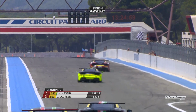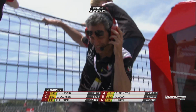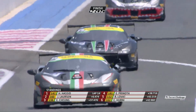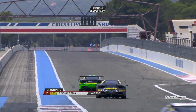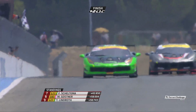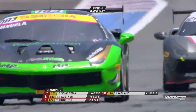then it should be Rick Lovett to take P5. Sure enough, he's going to be chased across the line by Christoph Herney for P6. And P7 will go the way of von Skeltermar then. It should be Manuela Gostner ahead of Tommy Lindroth to take P8. Yes, sure enough, Manuela is able to fend off the advances of Tommy Lindroth. So it's P8 for Manuela, P9 for Tommy Lindroth, and James Wyland makes it to P10 at the end of